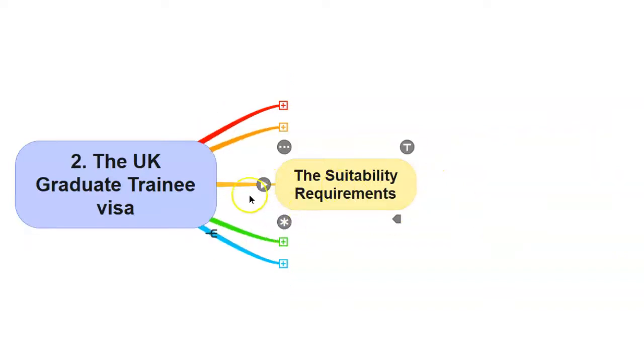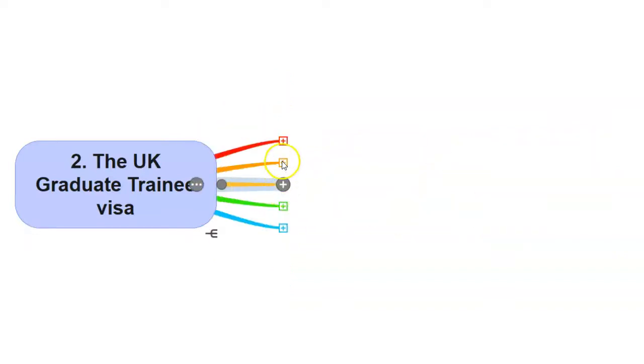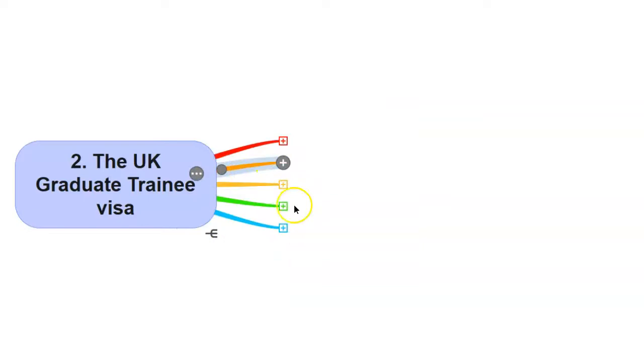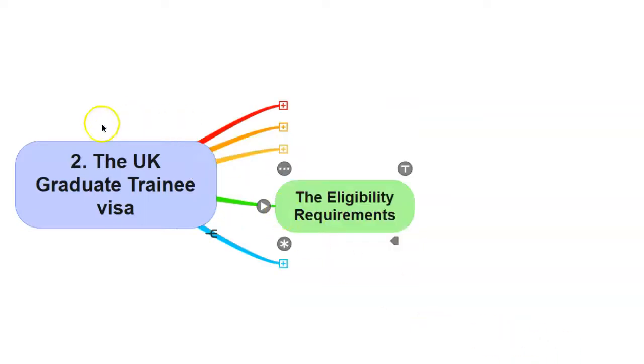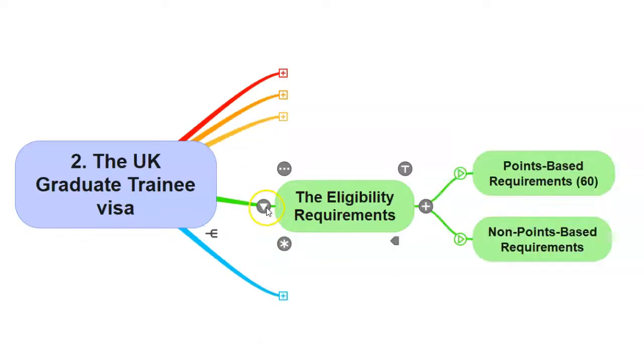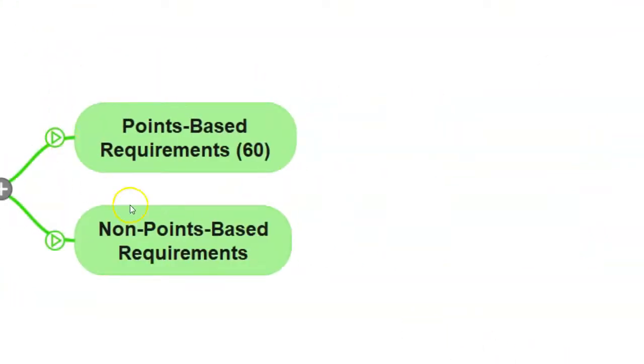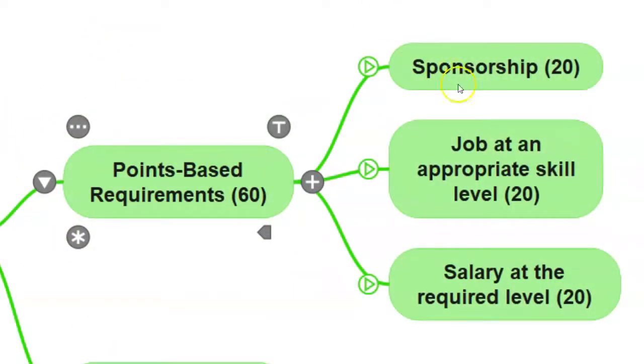So once you prove that you meet the validity requirements and the suitability requirements, the next step will be to show that you meet all the eligibility requirements. The UK graduate trainee visa is a points-based application, and therefore the eligibility requirements consist of two parts: the points-based requirements and non-points-based requirements. For the applicants to meet the points-based requirement, they have to score 60 points for the sponsorship, job at an appropriate skill level, and the salary elements, all 20